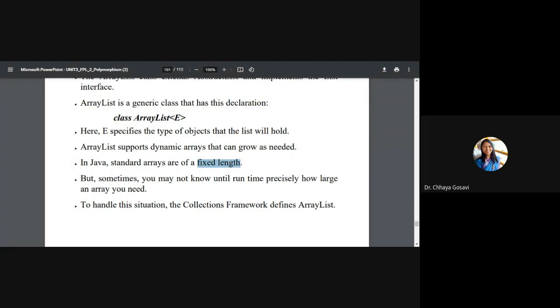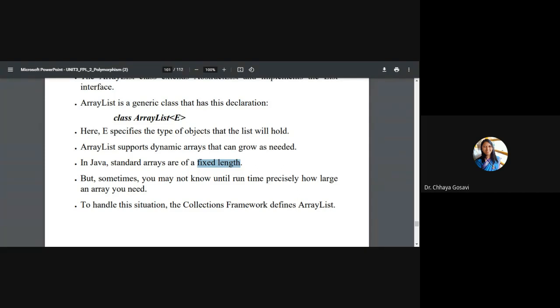I didn't know how many students will attend my class. So if I initialize the length of the array to 100 and only 50 students attended the class, the rest of the 50 memory locations will go to waste. And if 200 students attend the class, then the memory allocated will not be sufficient. So in that case, we need a dynamic array.